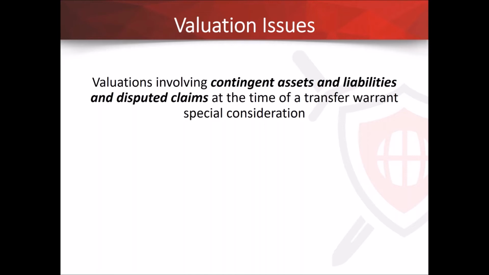What we need to do is make sure we account for these open issues, and when we're doing that, we get into a detailed analysis of, okay, what's this potential claim that you have? What's your exposure? What's the likelihood of that actually arising and becoming a debt? And how do we account for that? That's what we're going to talk about over the next 20 minutes or so. And so we'll define contingent liabilities, disputed liabilities, and the same with respect to assets.